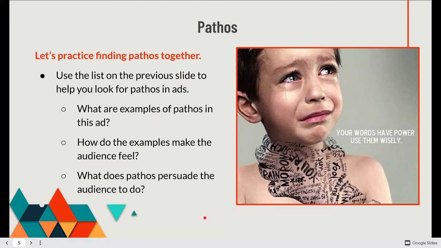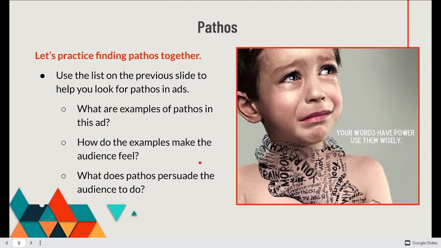So here are questions we should ask ourselves when we see any advertising, because remember, the whole point of advertising is to sell you on a thing or an idea. Good questions to ask: What examples of pathos are in this ad? What examples are elements that make our emotions be triggered? What in this picture triggers us? That's a good way to put it. What gets you feeling? What makes you upset or happy? It depends on what picture you're looking at.